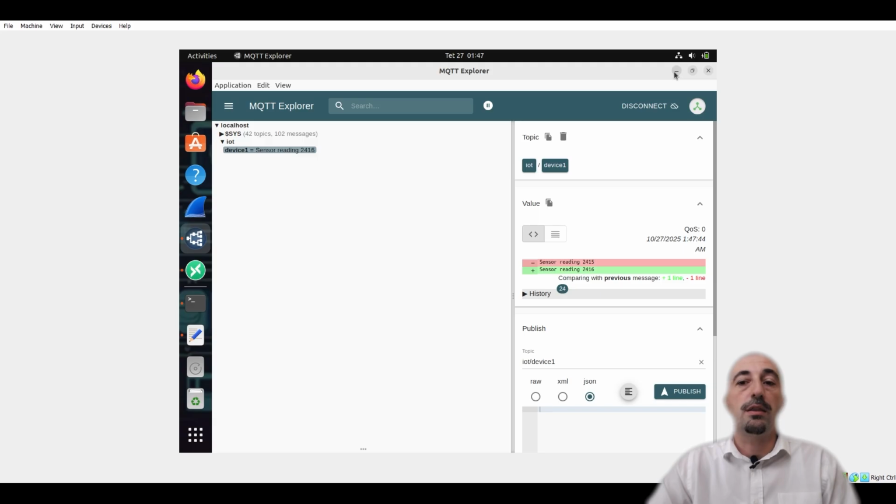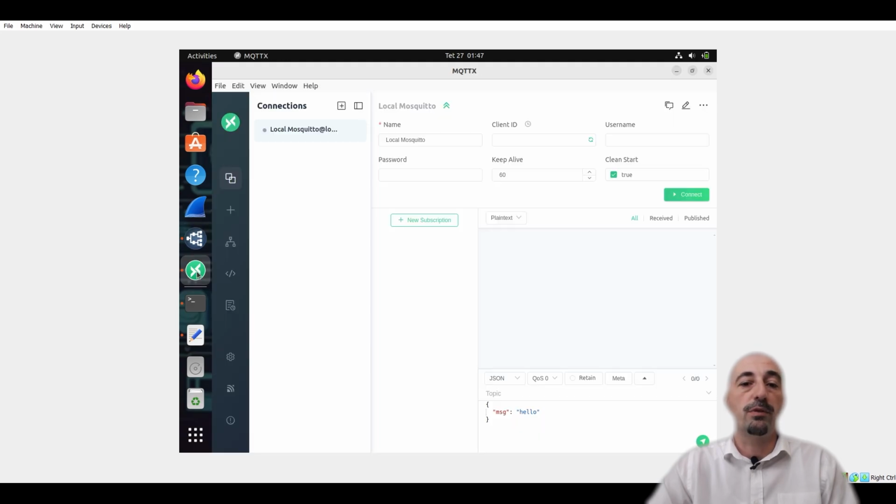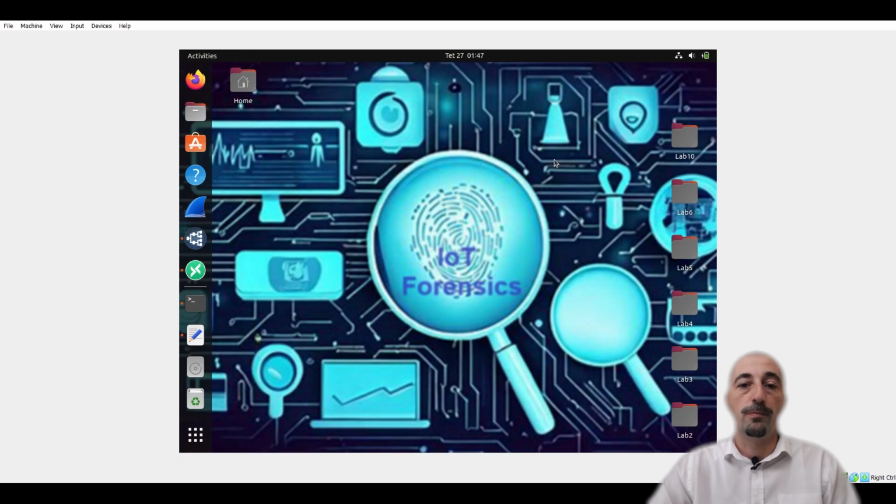The second way of viewing would be over this MQTT X, a much more advanced and enhanced view that would provide the same access to the MQTT broker, but we're using different tools. But let's see how this thing would run and how those